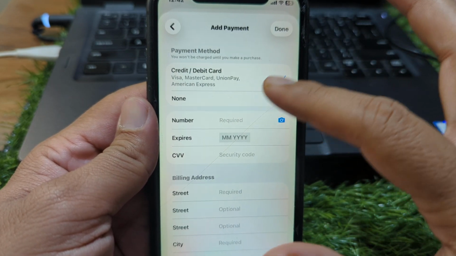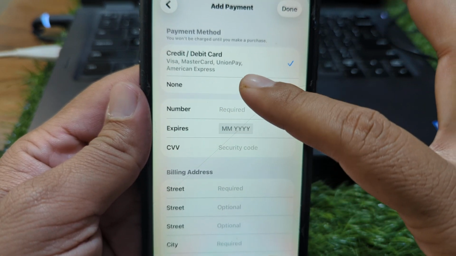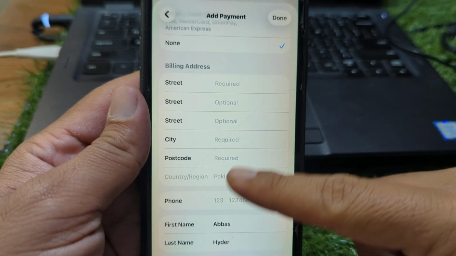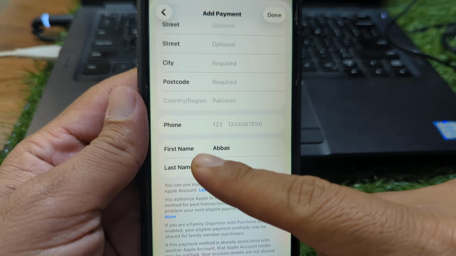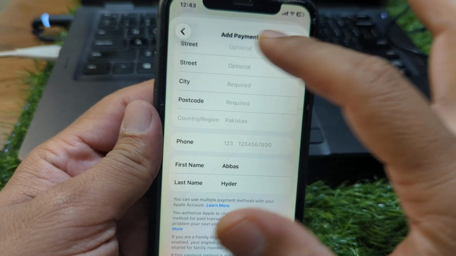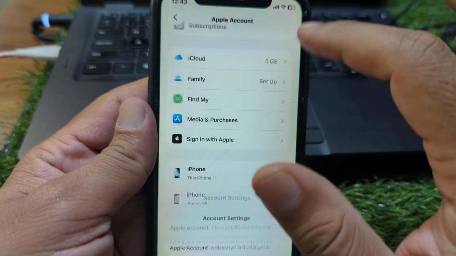So guys, simply add your payment method, and if you don't have any payment method then you have to select the None option, and after this save this billing address and then give all this information and give your phone number and your first name and last name. So guys, do all this and save this information on your device, and after this go back and now you